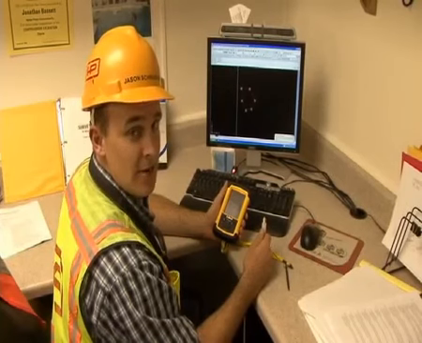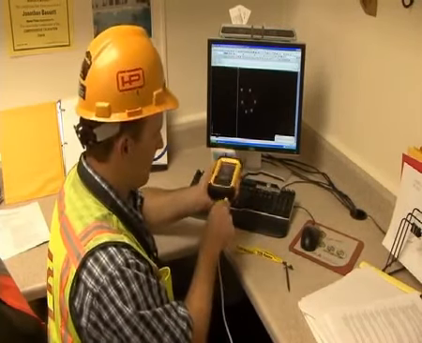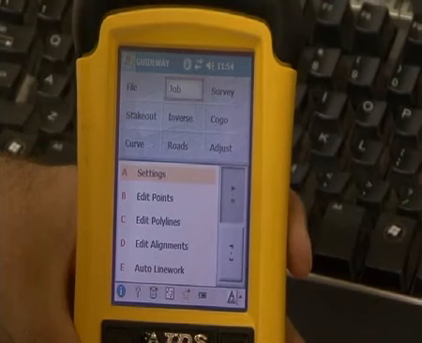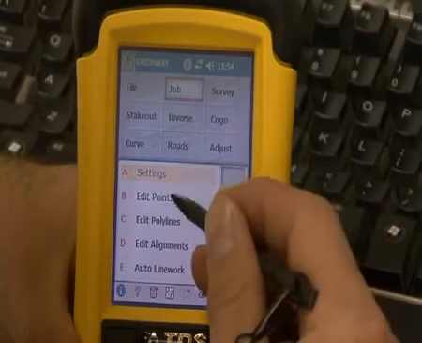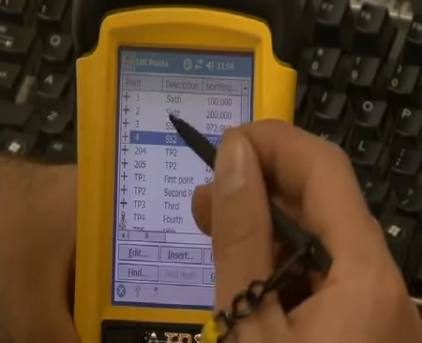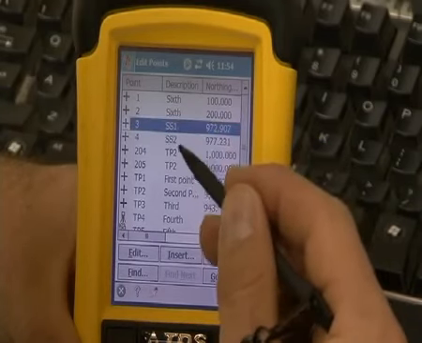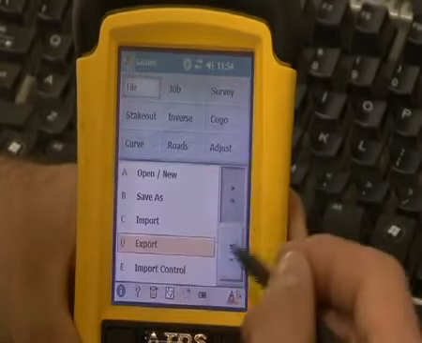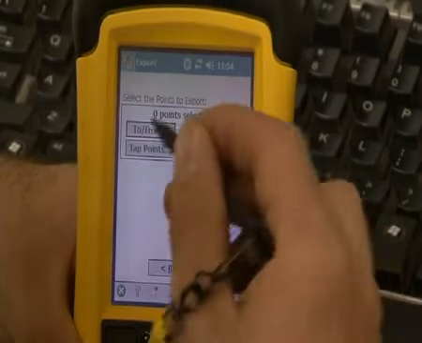Okay, now that we've taken our as-built shots, we'll go ahead and hook up the data collector to the cord again and begin working on the screen. Now that we have this thing connected with the computer with ActiveSync, let's go ahead and look at what those points were saved as. They were saved as 3 and 4 because the description shows side shot 1 and side shot 2. We're going to go into File, into Export, export a CSV file, and we're going to tap